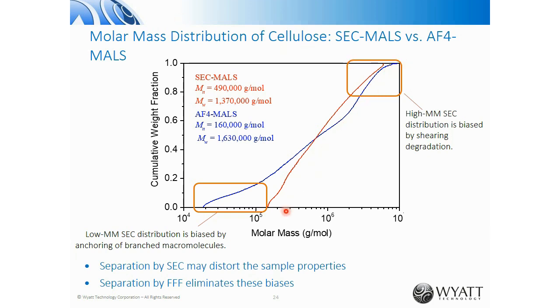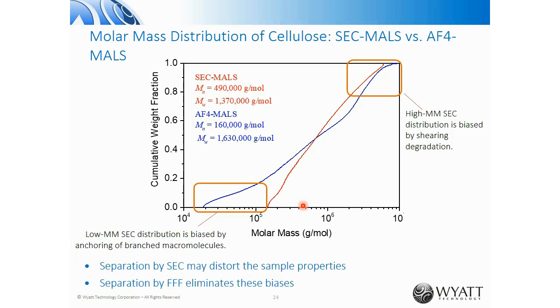The distribution obtained by SEC is markedly narrower compared to AF4. The curve is shifted to lower molar masses at the high molar mass part of the distribution, which is also evident from the weight average molar mass that is lower when measured by SEC. On the other hand, the lower molar mass part of the distribution from SEC is shifted to higher molar masses, and again it is evident from the comparison of number average molar mass, which is markedly higher in the case of SEC. The explanation here is that the sample contains branched macromolecules